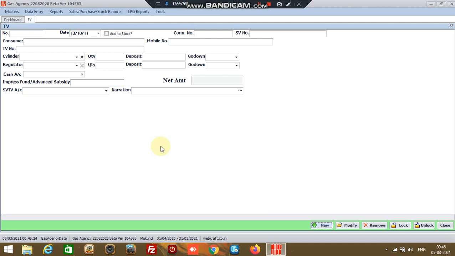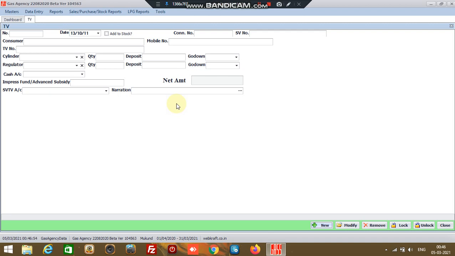And in the second situation, if a subscriber is transferred from one place to another, say for example from Delhi to Mumbai, then he goes to his distributor in Delhi where he has his connection and applies for termination of the connection.